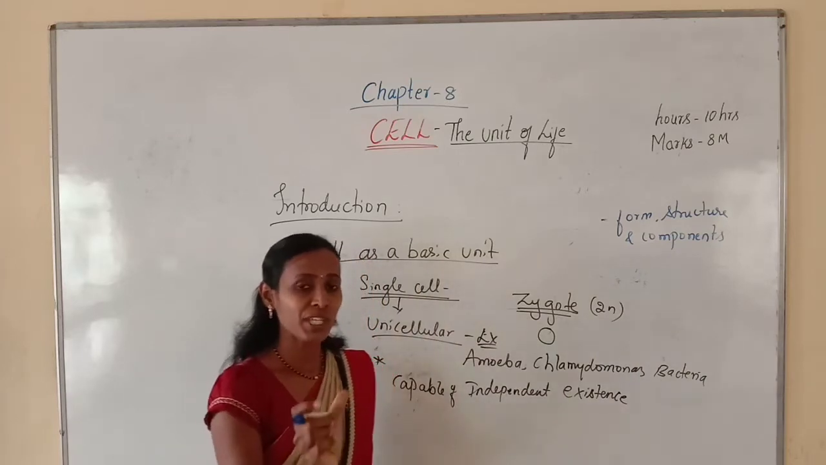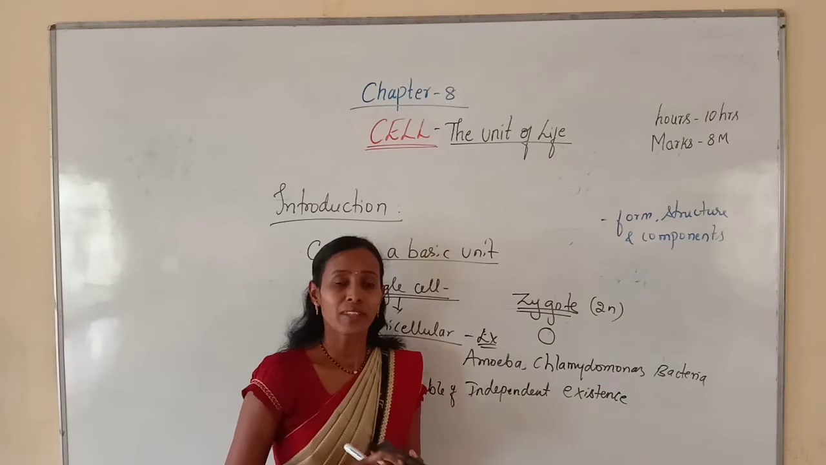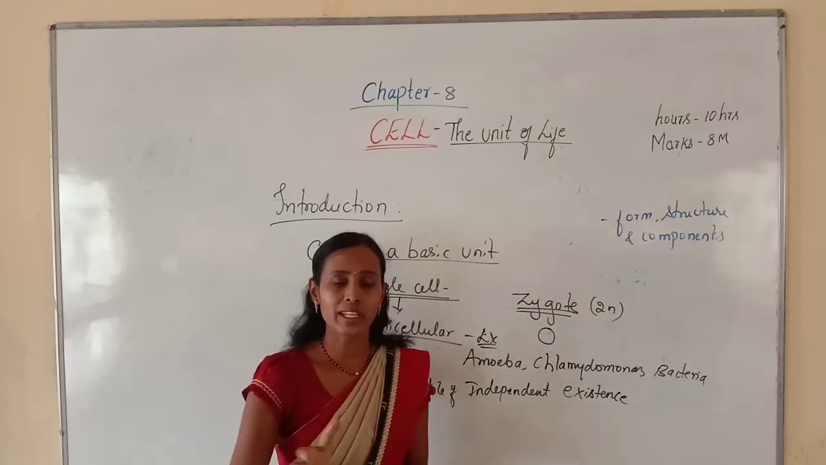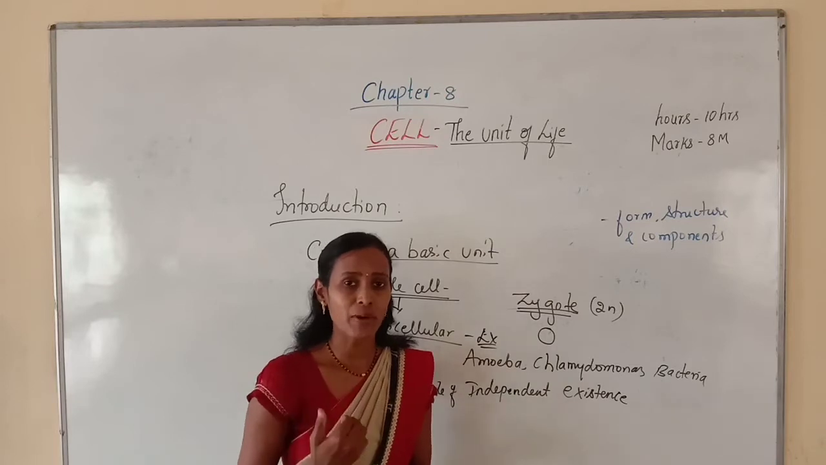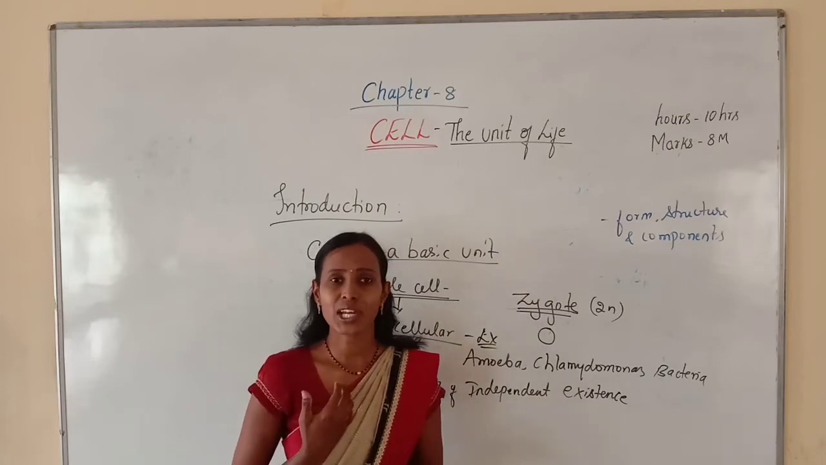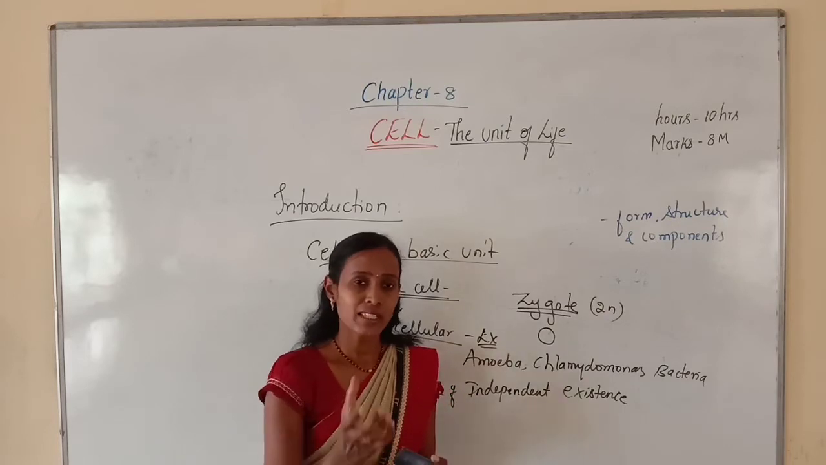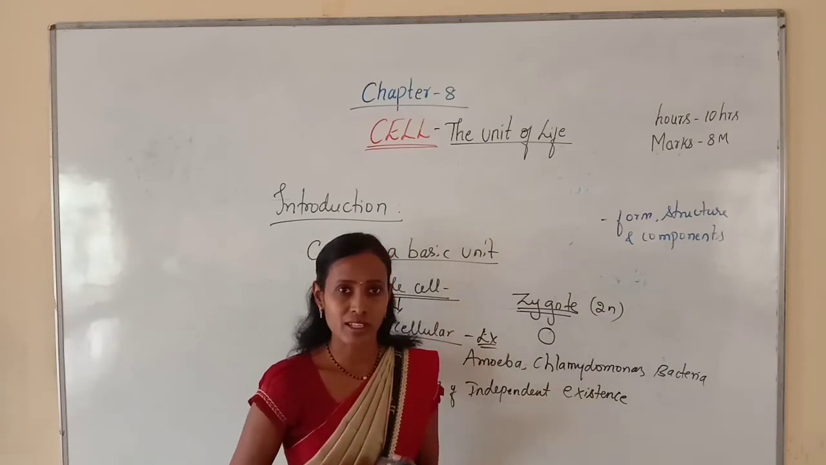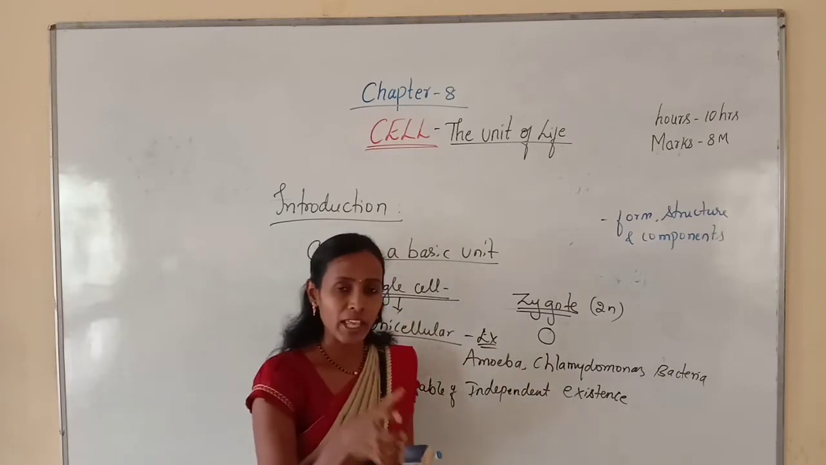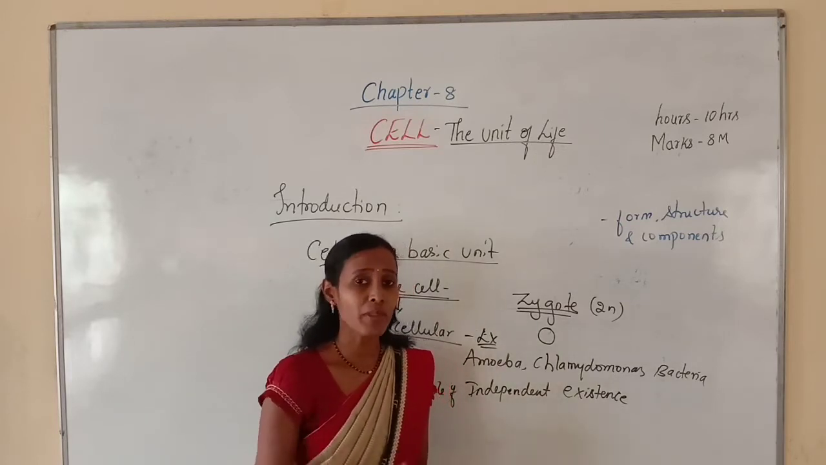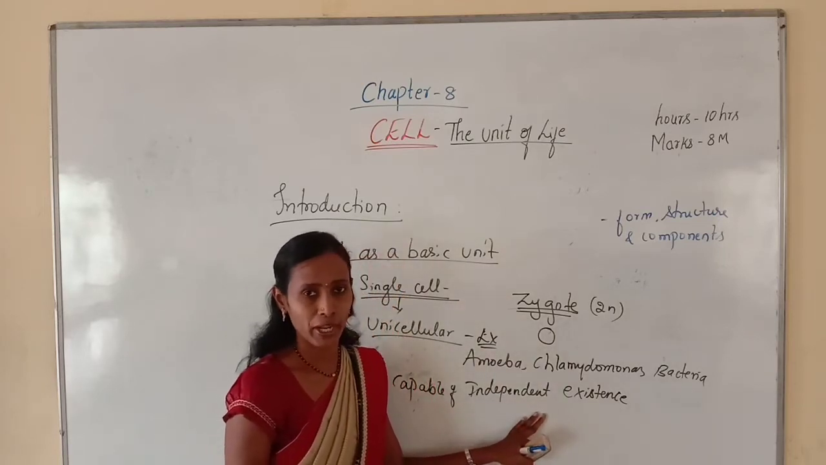Yeah, a single cell is capable of independent existence, which means this single cell is not dependent on any other organism or any other cell. But in our body, as we are multicellular organisms, we are made up of many cells, and some cells may be dependent upon other cells. But in these unicellular organisms, a single cell is capable of independent existence,